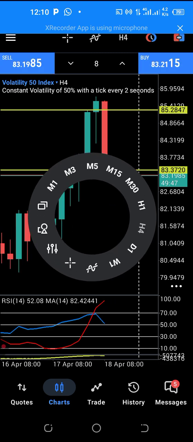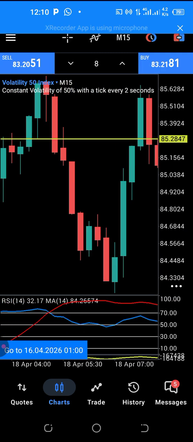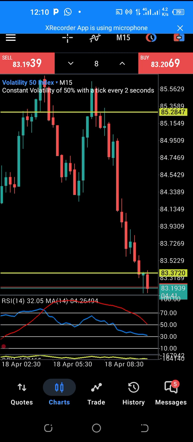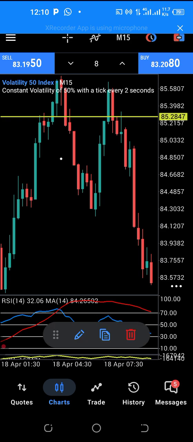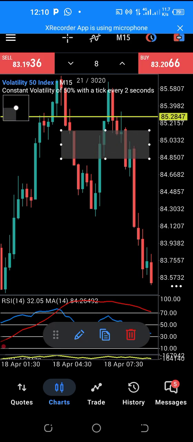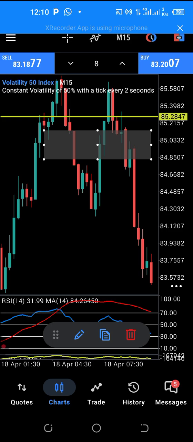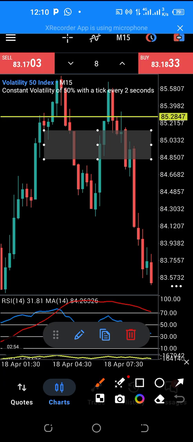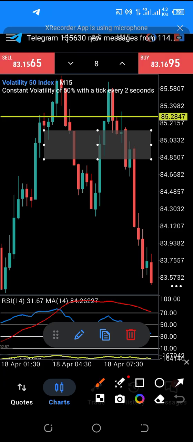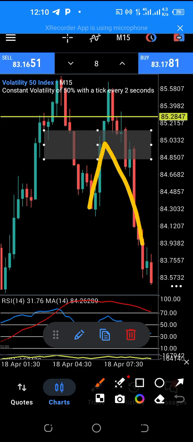And I went down to the 15-minute time frame to wait for this bearish mitigation to take the sell. So what I was expecting was for it to come to this point and then come down. But unfortunately, it went up straight. You understand? Which gave me a concern that I should hold on.